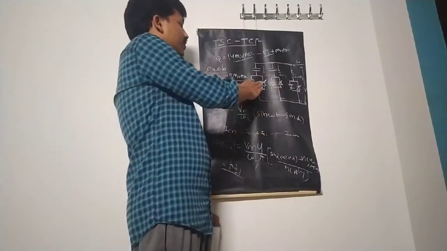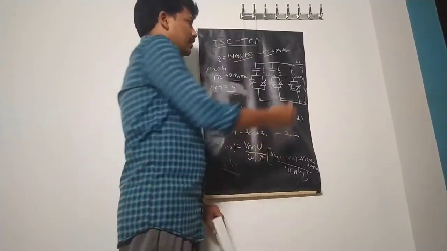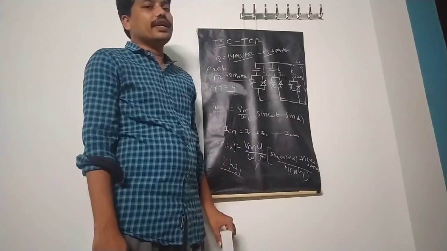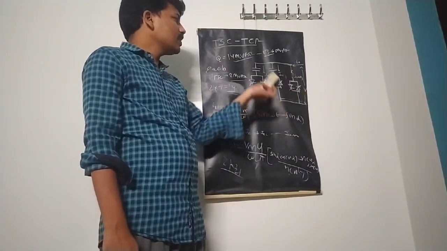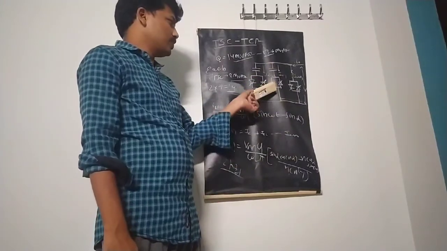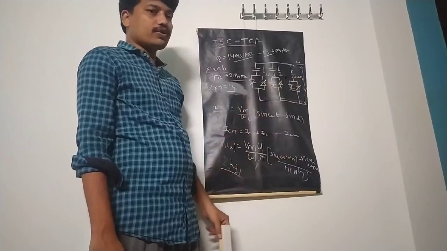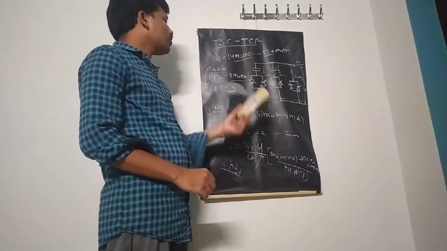That means the function of the TSC is to generate the capacitive reactive current, and the function of the inductor is to absorb the inductive reactive current. Both are reactive currents, but one is absorbing and one is generating. One is a positive, the other is a negative type of current. This is the positive, absorbing. This is positive current. This gives the negative current. Is it clear? So in total we get this.